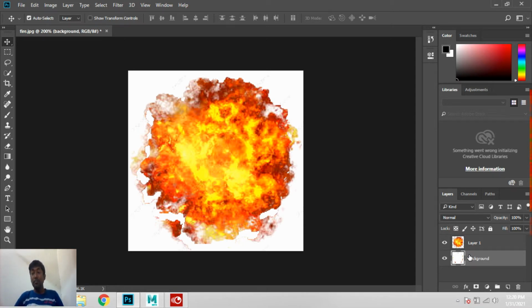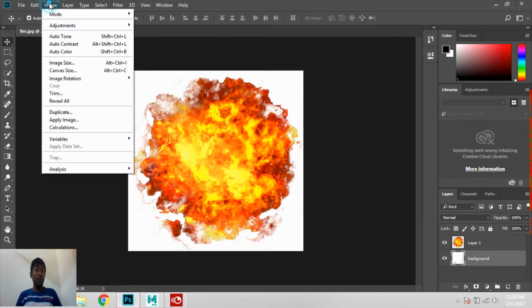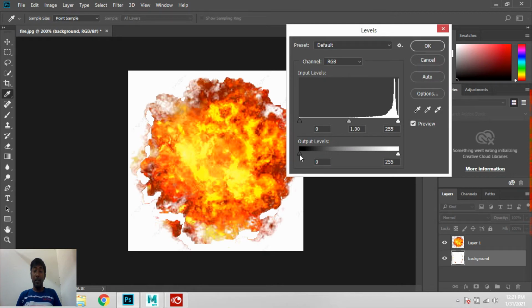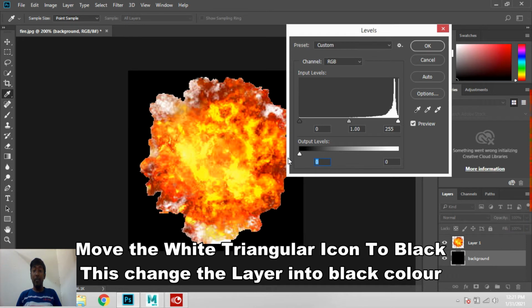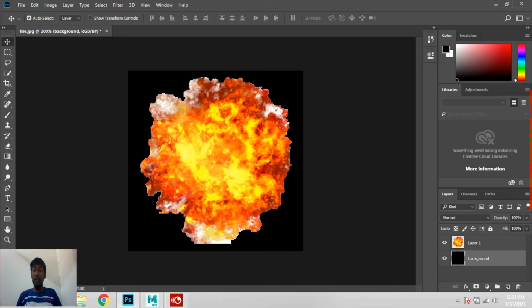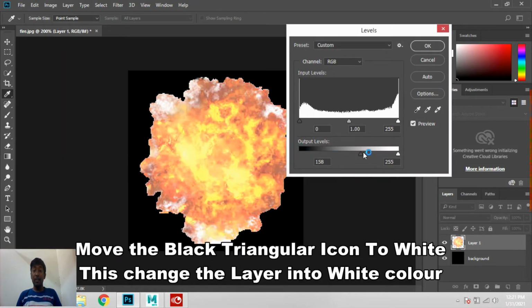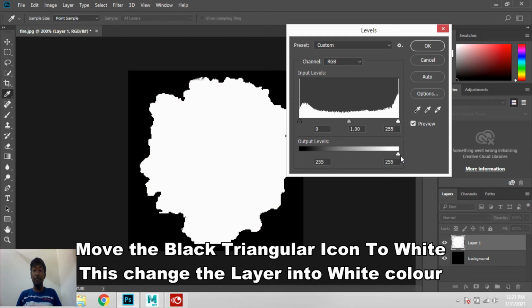Now select the background, go to Image, Adjustment, Levels, make the color black, click OK. Now select your Layer 1, again go to Image, Adjustment, Levels, make this white, click OK.